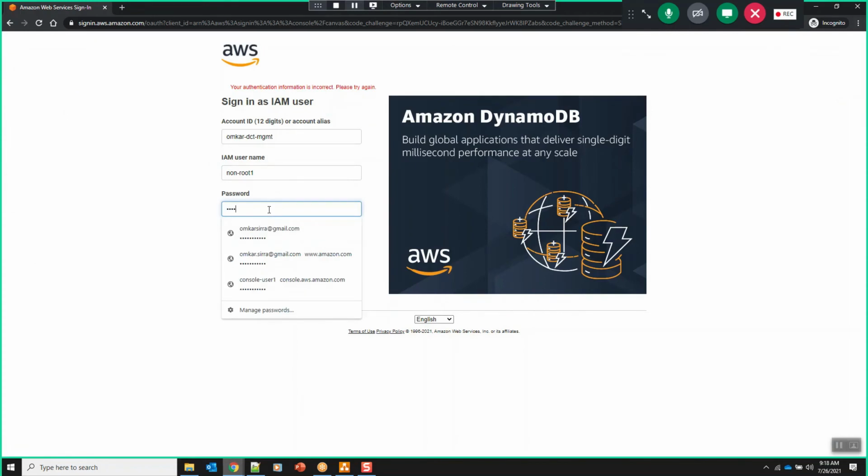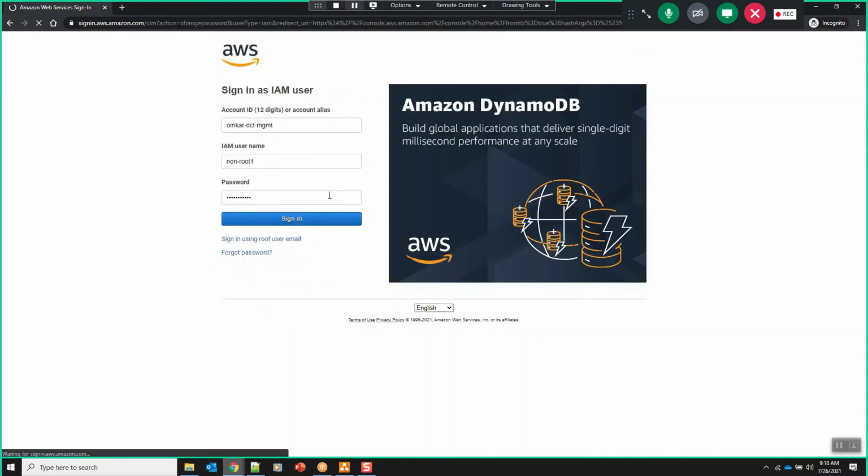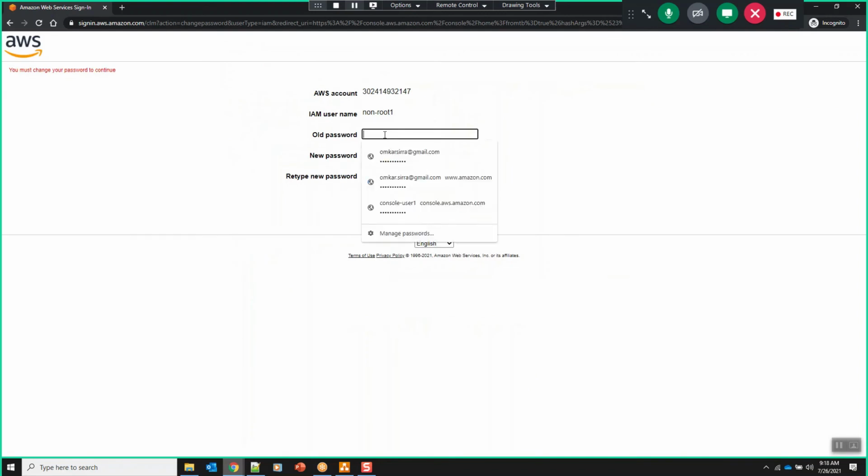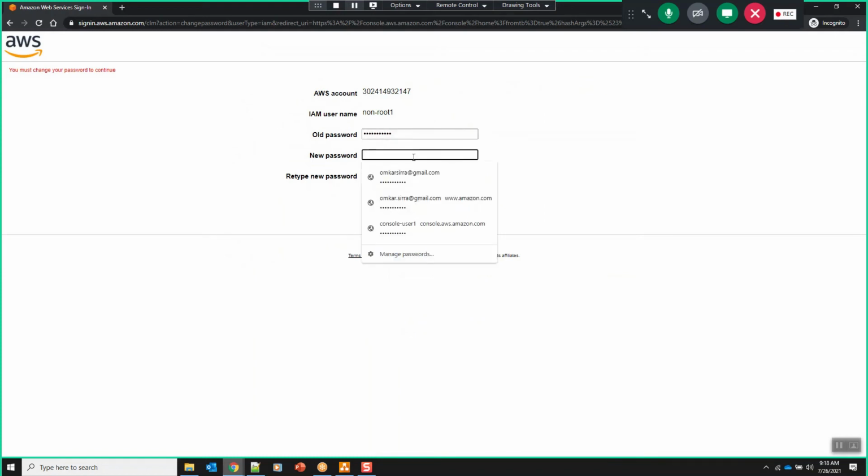Let's see. Yeah, it's correct. So now it is forcing me to change the password. Why is it forcing me to change the password? While creating the user account, there is a checkbox called force the user to change the password on the first login. We have enabled that. Maybe you have missed that, but since we have enabled that, it is forcing us to change the password on the first login, because